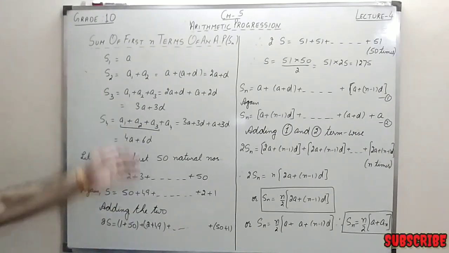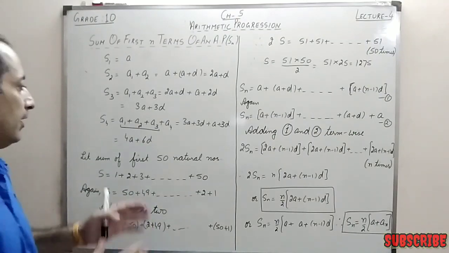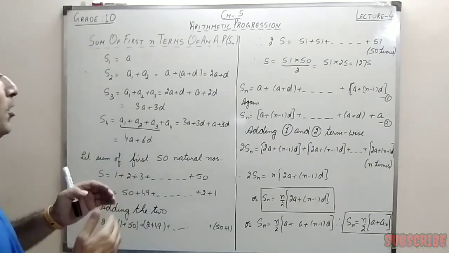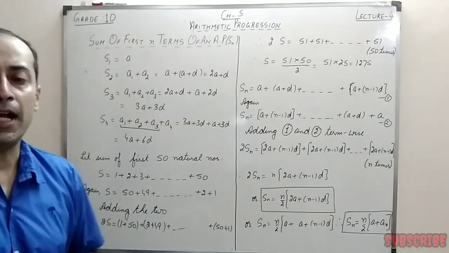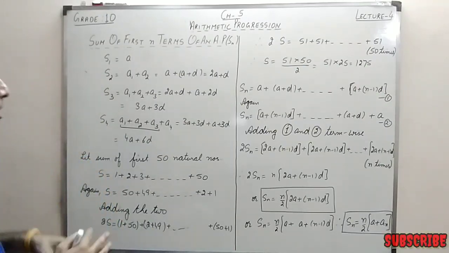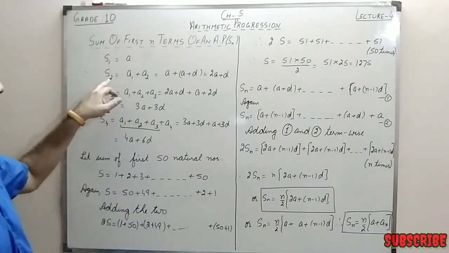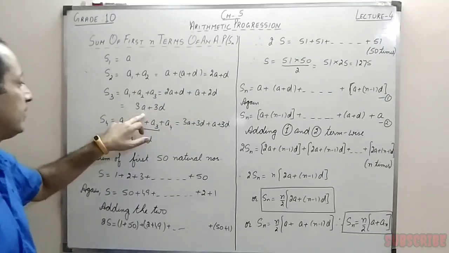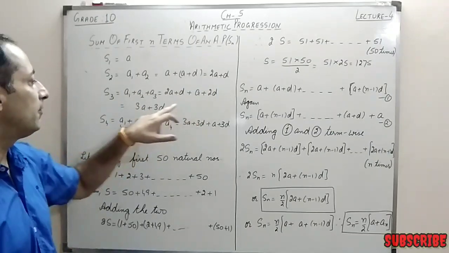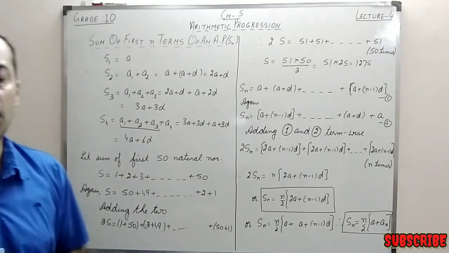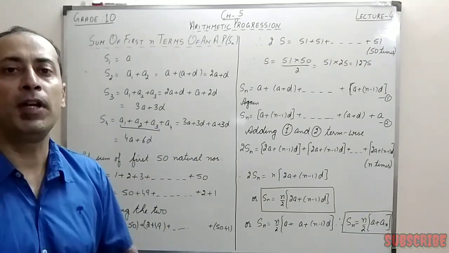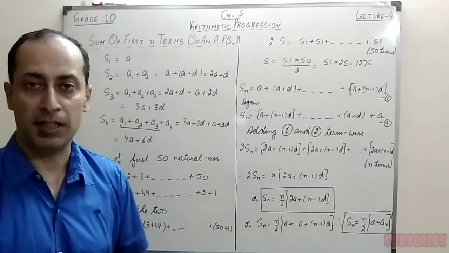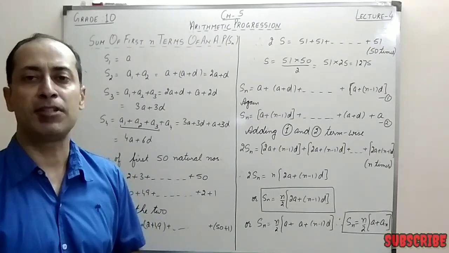Now if you see it carefully, we are not able to conclude what the sum of n terms of an AP could be, because we are not getting any relation. If it is 2, I am getting 2 with A. If it is 3, this is 3. This is 4, this is 4. But with D, the numbers are not coming the way we want so that we can make some relations. So let's try some other way.